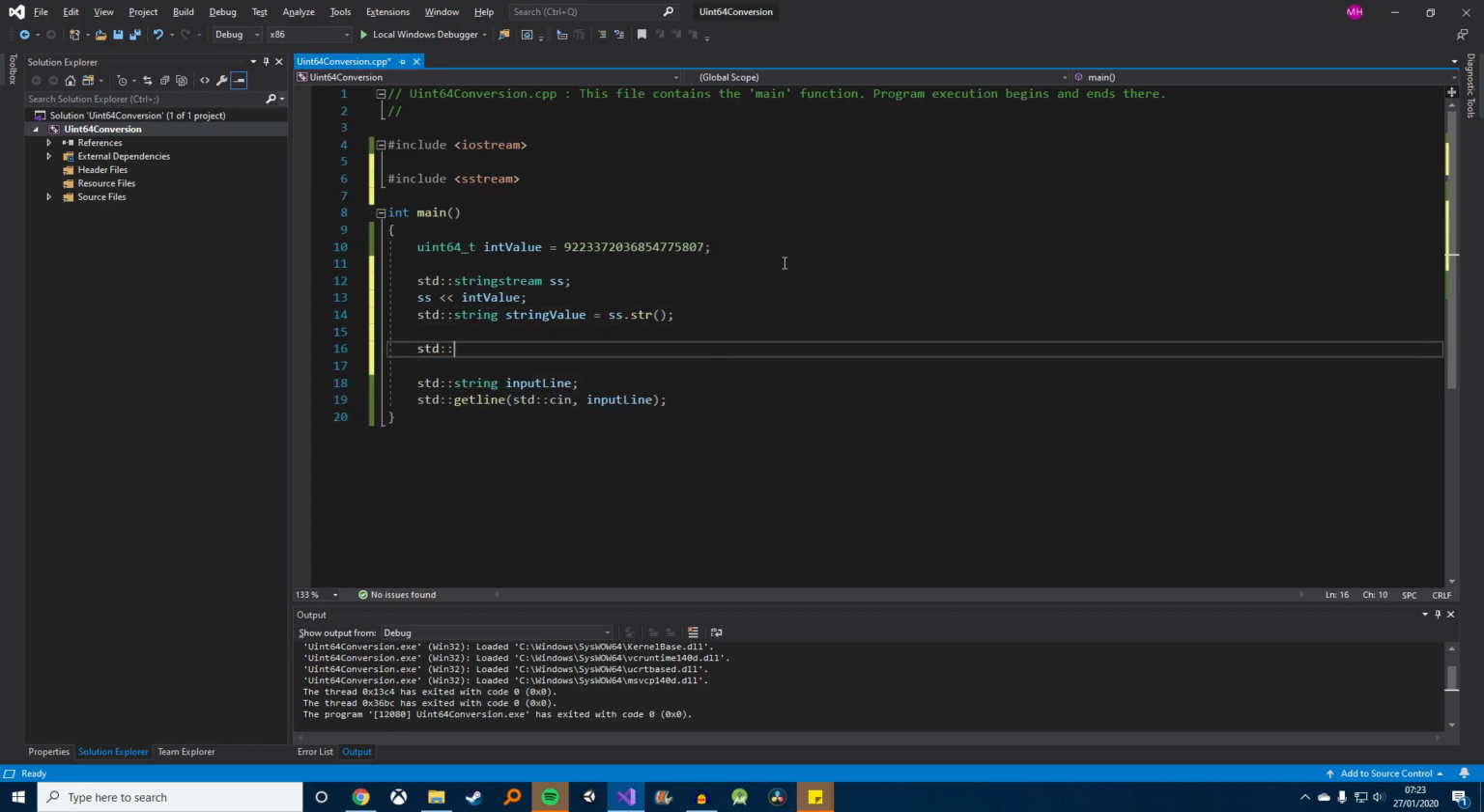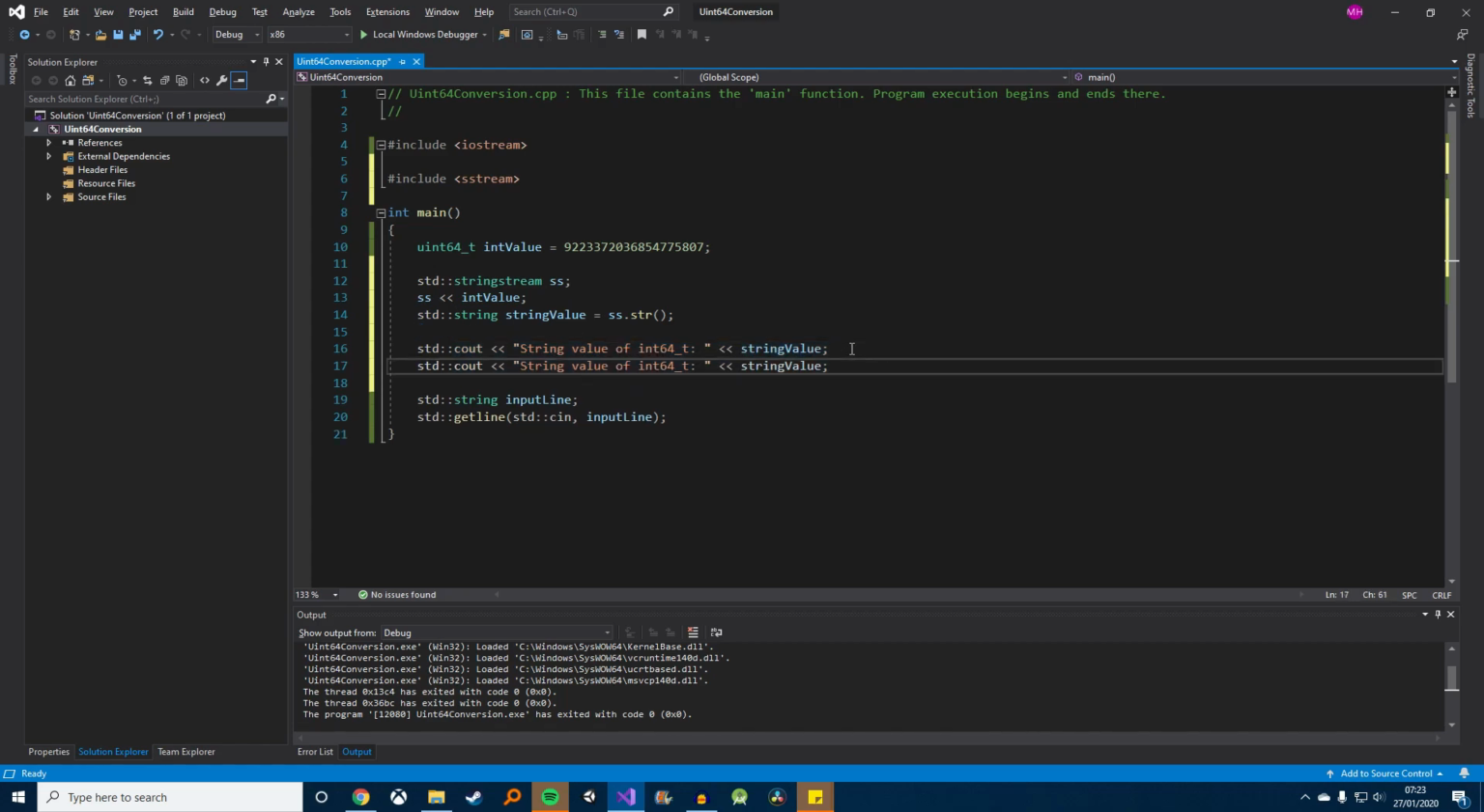And just to prove that this does actually work, we will print this out. So string value of int64, and then put in the string value. Right, so, and we're using, because we have a string value, if we need it as a